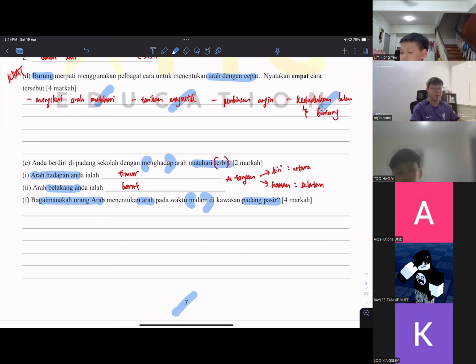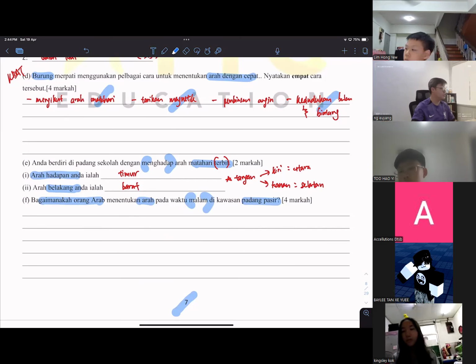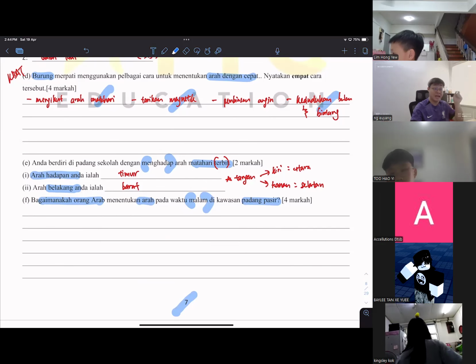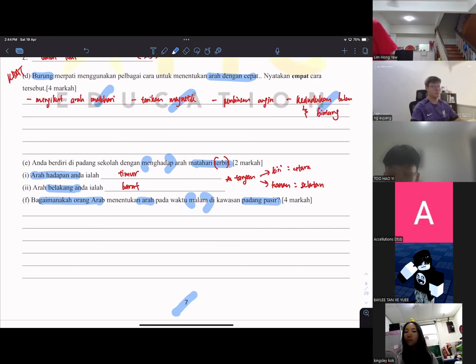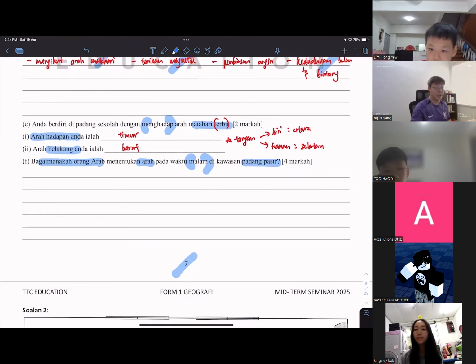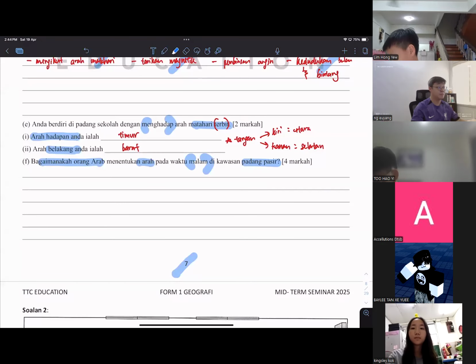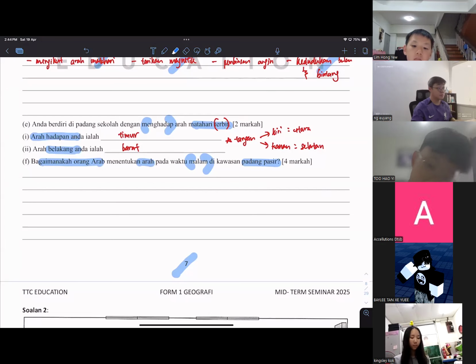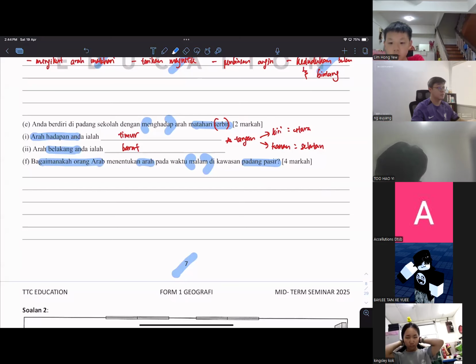Okay, according to the stars, because Buruj is also referring to stars, right? Just trying to form the horoscope. Okay, so try your best to copy. This might be coming up in the exam quite often. So it's langkah-langkah. Let me try to highlight the full answer for you all.